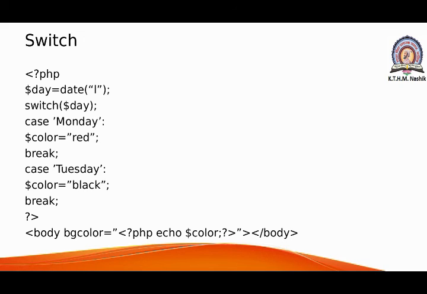And here the HTML tag closes the body. Again, if we execute this program, we will get the output according to the day you execute that program. According to that, the background color will be displayed. So remember that you see the difference between if else and switch. In switch it is much easier. Whatever the label and according to the case, the output will be displayed.